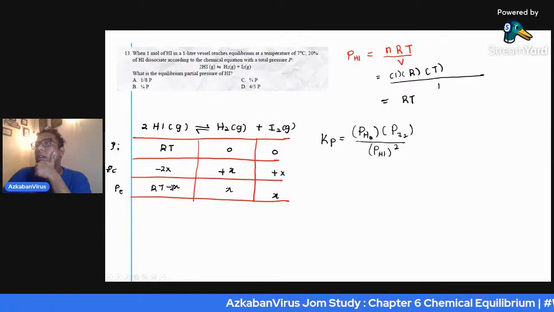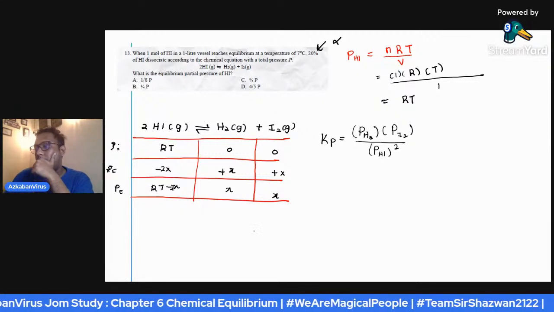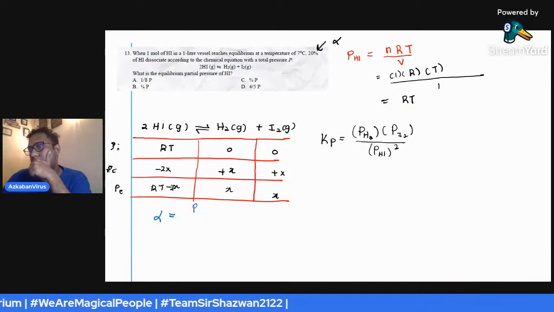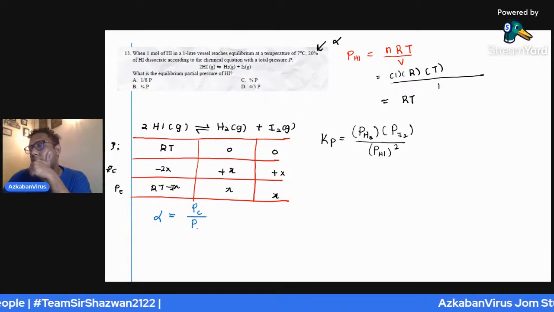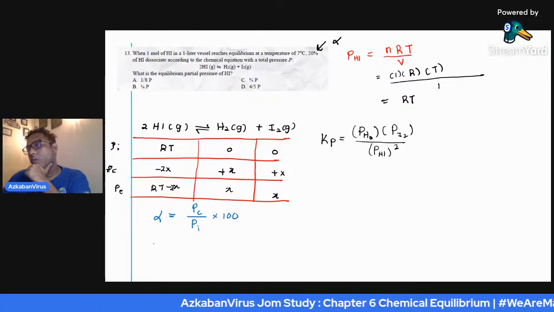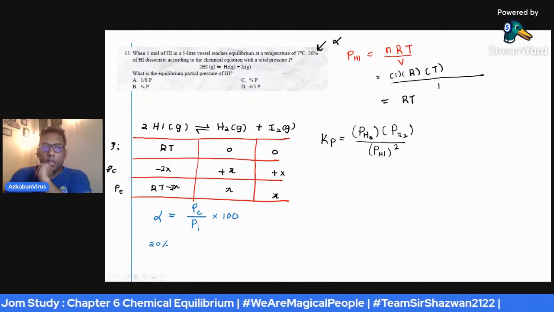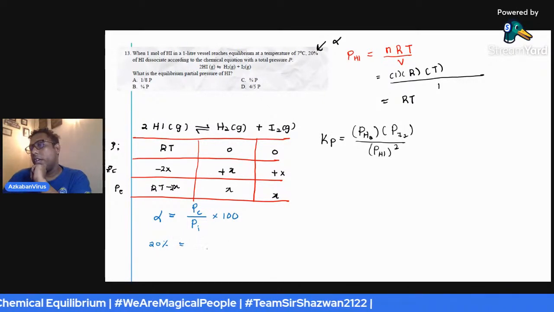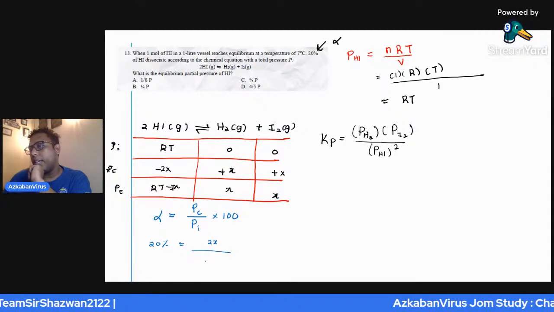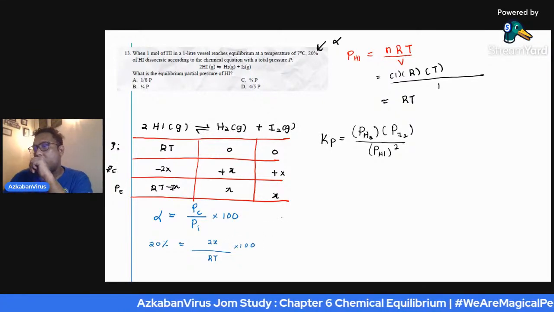We were given this percentage, which is the alpha. Alpha is equal to P change over P initial times 100. Alpha is equal to 20%. I notice that in equilibrium questions, they like to use alpha. So this is minus 2x, take the value only, 2x divided by RT times 100. So we will get